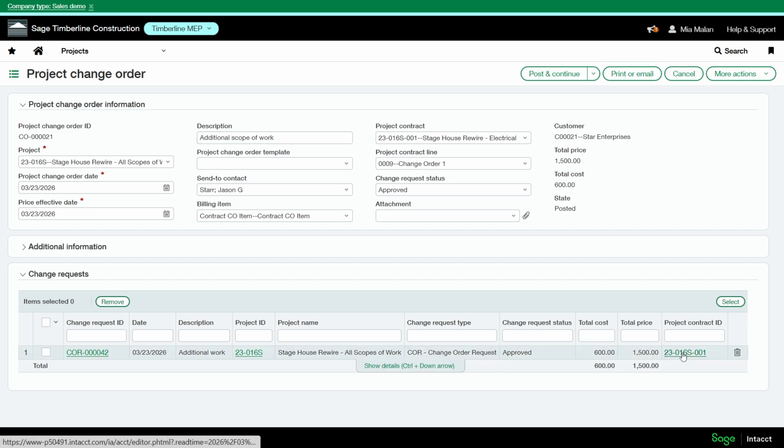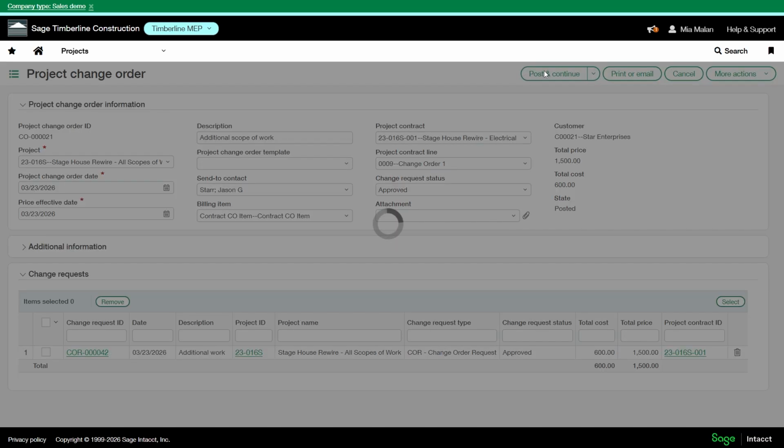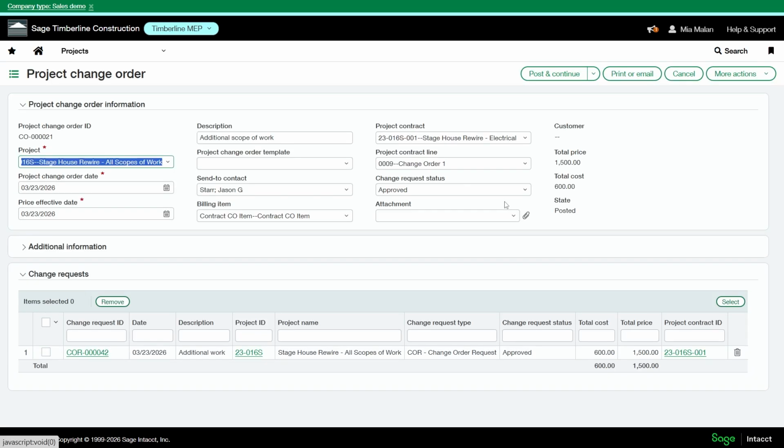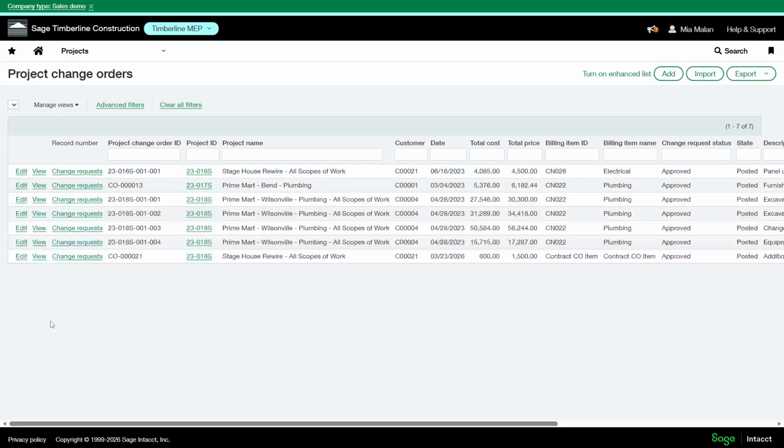If I were to drill into my project contract ID, post and continue first. Now you can see that there is the price and cost added.